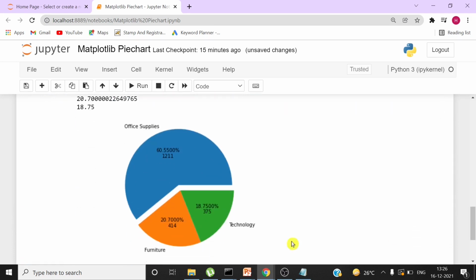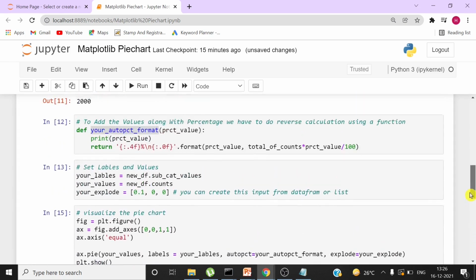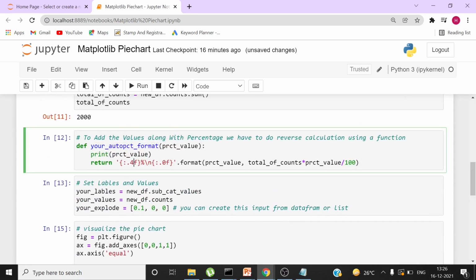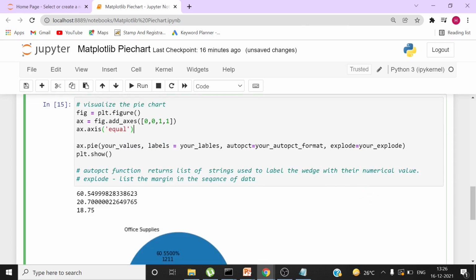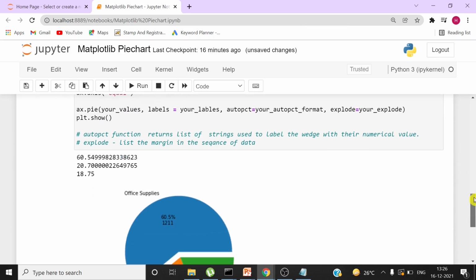Along with the percentage, you now have the count also, and if you want to change the format, you can change it from here. You can make it one, and then run this cell again. We have to run this cell once again to reset values, and run this cell as well. You can see the decimal value is changed.